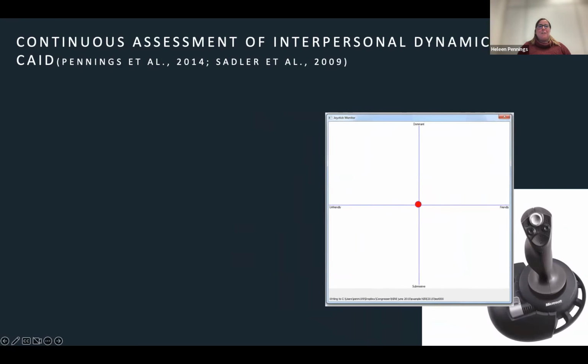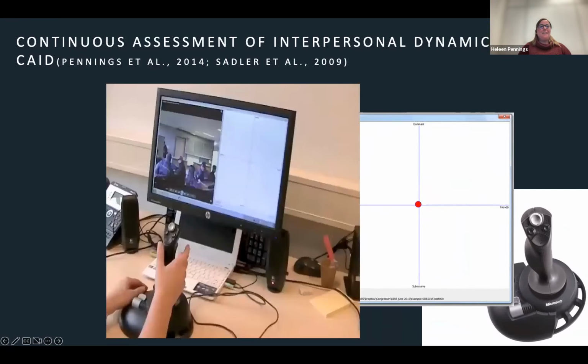You can play a video besides this screen and then move this joystick while you are observing the teacher or the student. So what I did was make a video from the back of the classroom where I could observe the teacher, and a video of the front of the classroom, pointed towards the students, so that I could also observe the students very clearly.